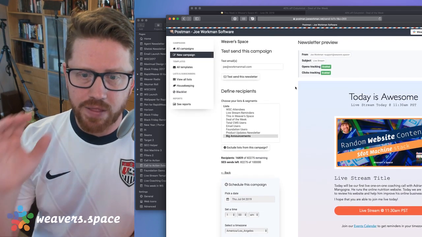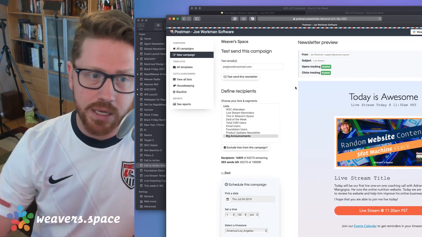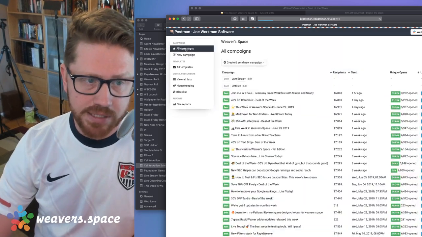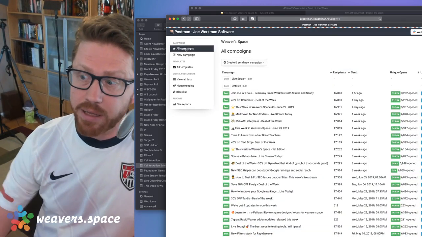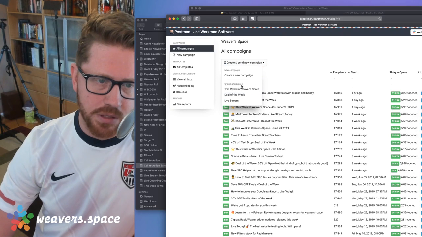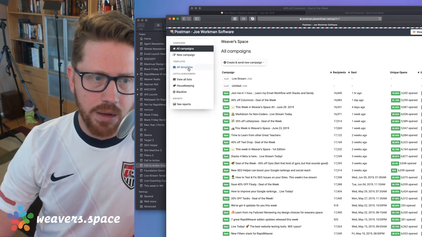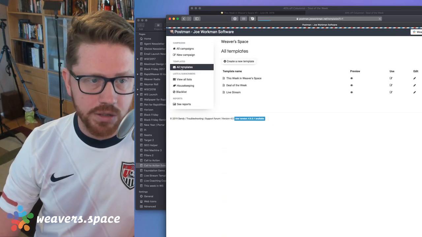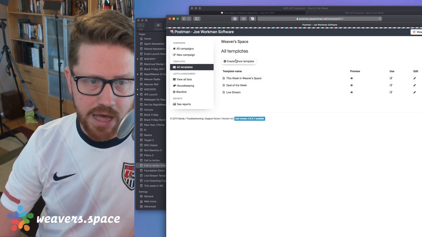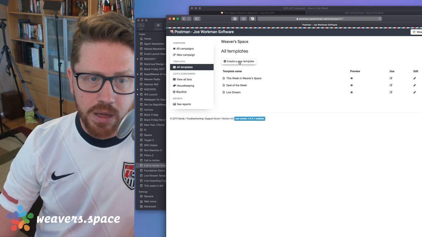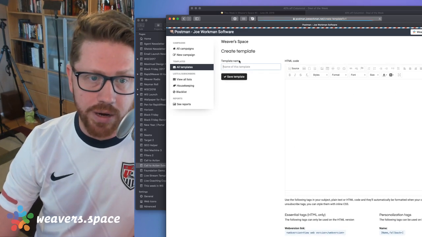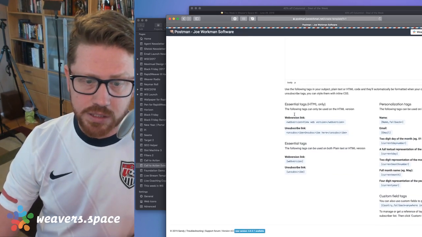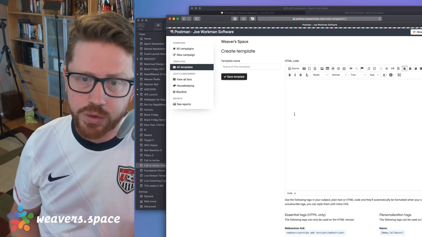So I showed you how we can use templates inside Sendy. How do we create a template? Like, how do I add something to this right over here? So over here on the left menu, you'll see all templates. If we click there, we'll see that I have 3 templates here. And to create a new one is simple. You just create new template. And if you notice, it's the same exact editor as if we were to use,